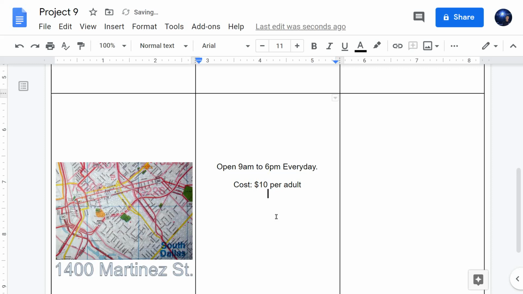And then the next line is $5 for children. Hit the Enter key twice and then type in the phone number 555-800-4545. After keying in that text, you'll be ready for step number 118.